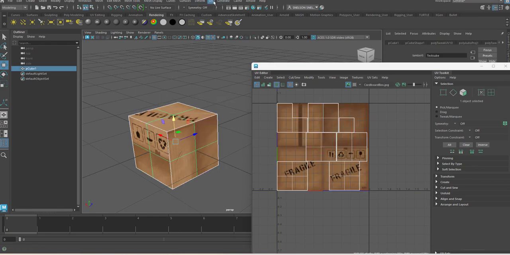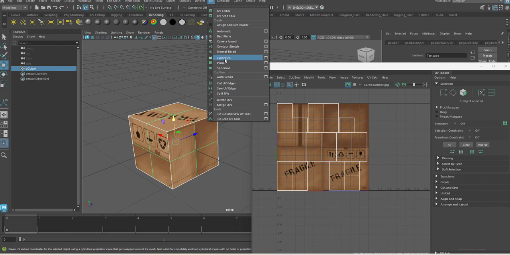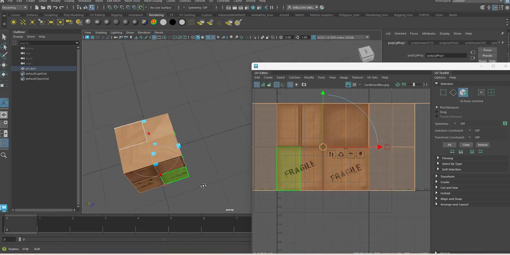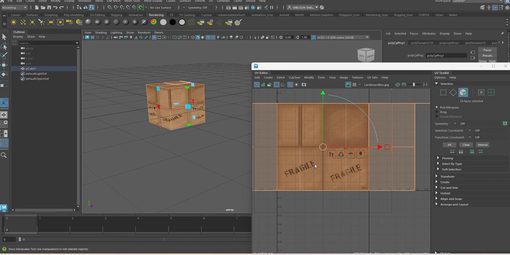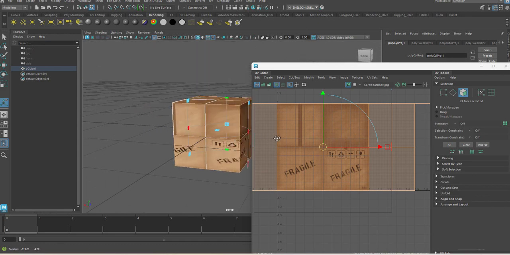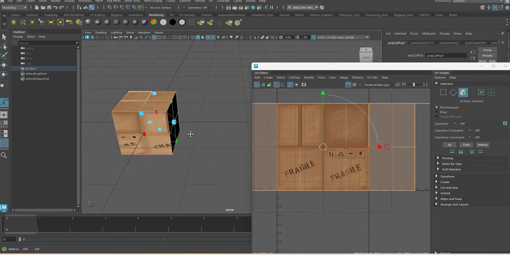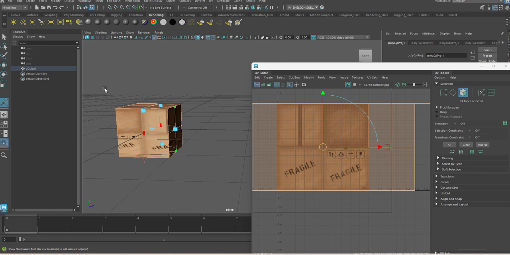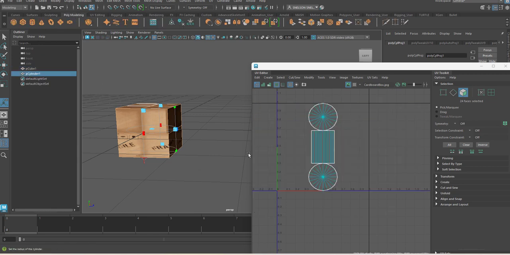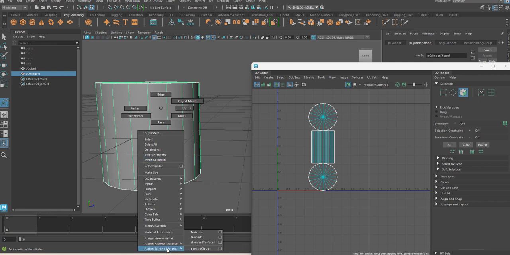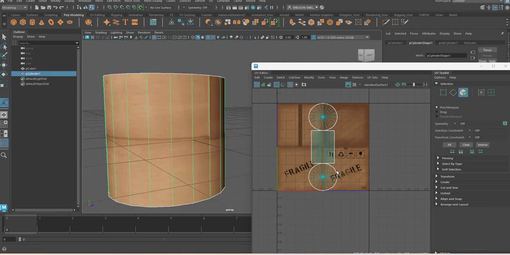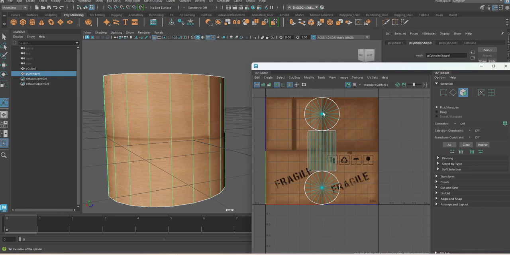Here's what spherical does, or I mean cylindrical. Cylindrical, you can see, makes a half circle around whatever you're doing and tries to wrap the material around in a circle. The reason for this is that if we were to create a cylinder and apply our material to it and look at it here, you can see that this is how the auto unwrap for a cylindrical object comes in. This is how it's flattened out, and the cylindrical map kind of wraps around it